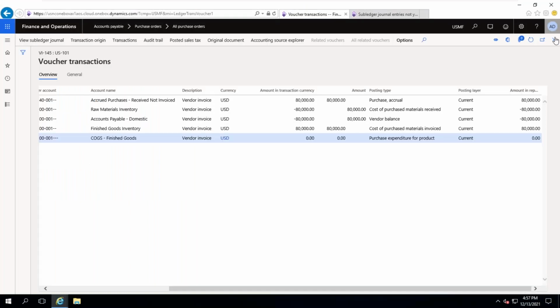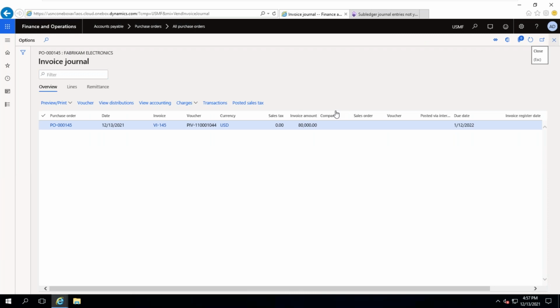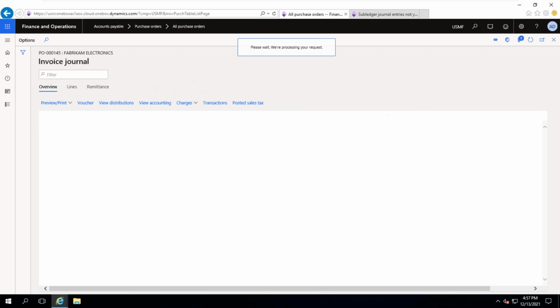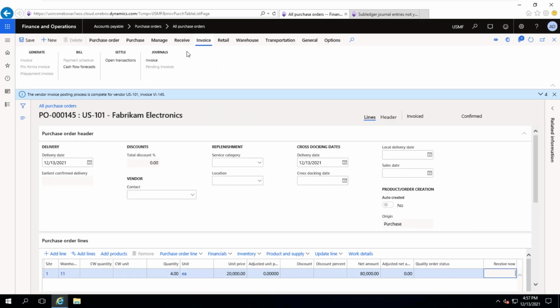So what do you mean by like this? Purchase order, invoice tab, journals area page, invoice button,